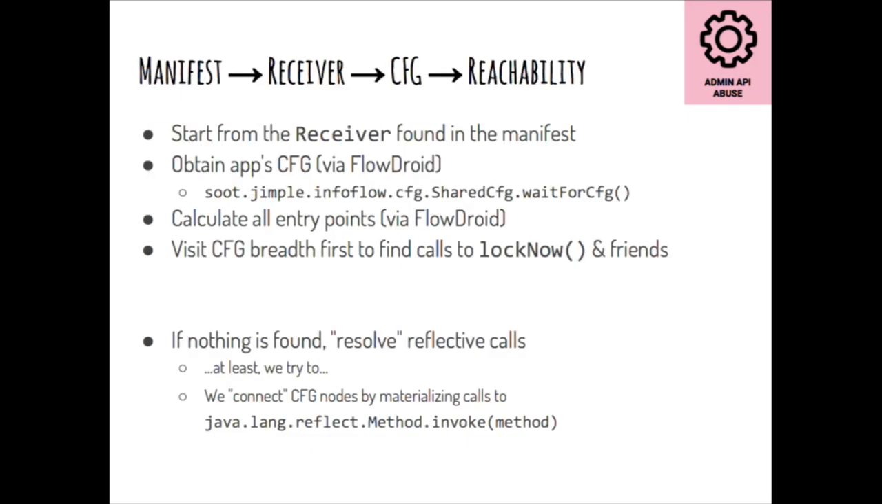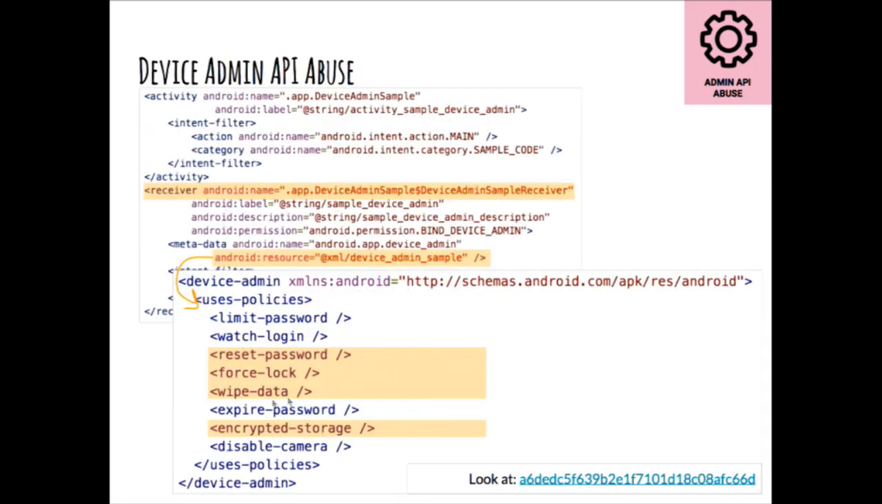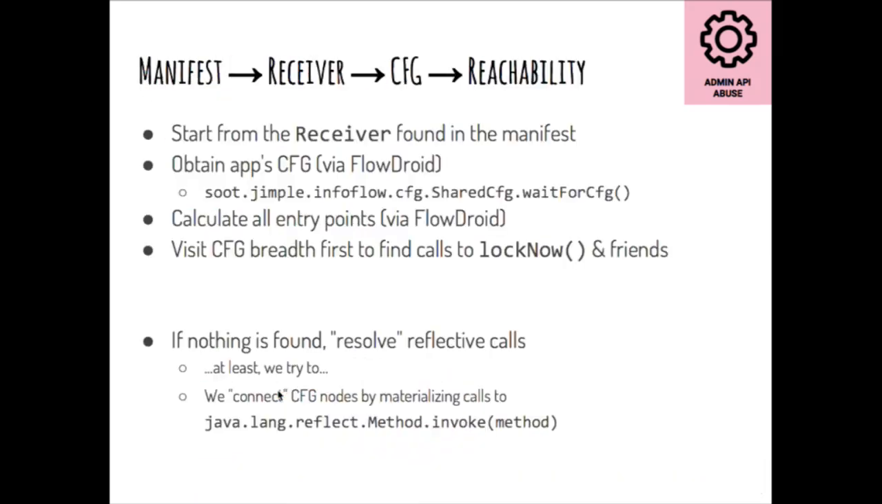Great. So starting from the manifest, we would like to find out whether any of these dangerous methods specified by these policies are invoked. So what we do is we start from the receiver, and on the other hand, we have the control flow at hand. I use FlowDroid to create the CFG, which is quite efficient. And then we calculate all the entry points that we find in the CFG, and we visit the CFG to see if we find that at some point there is a call to one of these dangerous functions, the lock